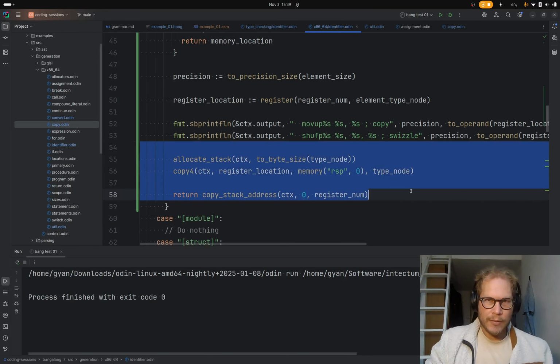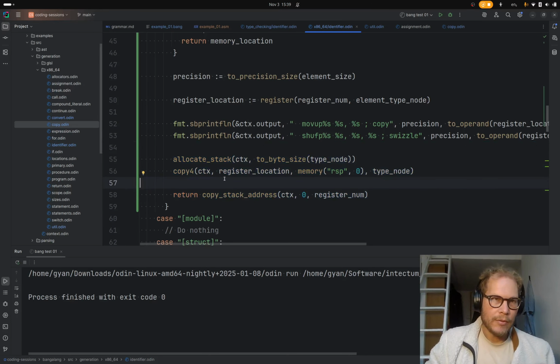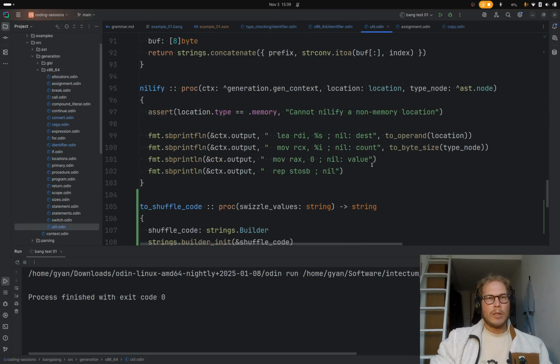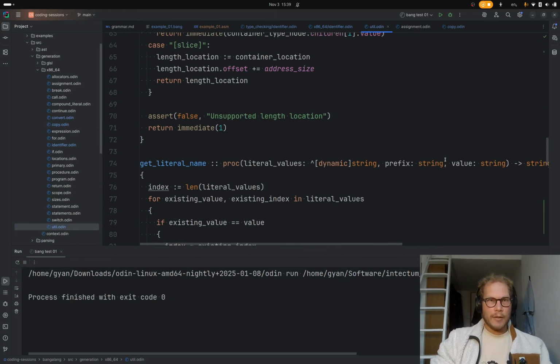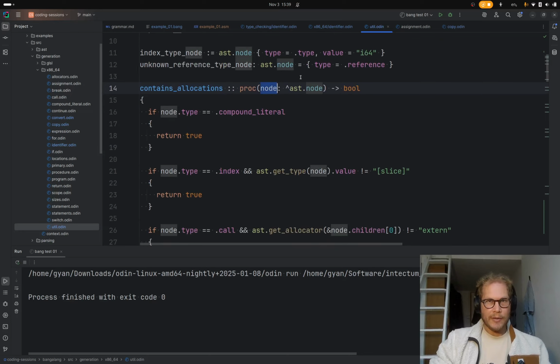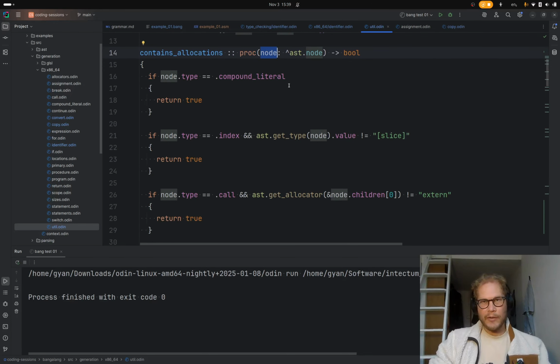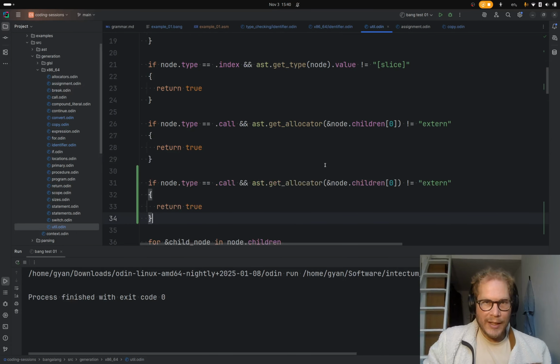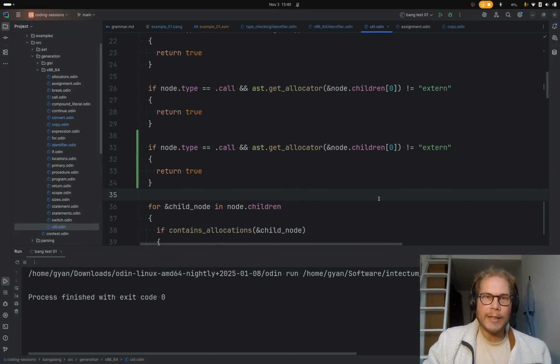But to make sure that this works nicely, in our expressions, we need to keep track of when we are needing to allocate. So I have this contains allocations, and you pass in an expression node and it will tell you whether there will be allocations within it. So we need to add to this and say